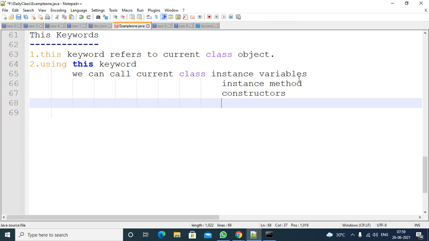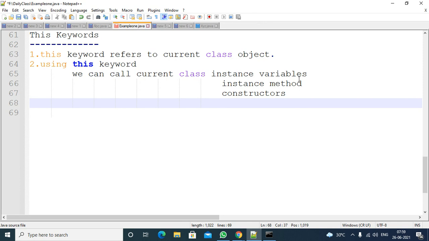Where can you use this keyword? You can use this keyword inside the instance members, that means constructors, instance methods, and instance blocks. What is the use of this keyword? By using this keyword, we can call current class variables, current class instance methods, and current class constructors.